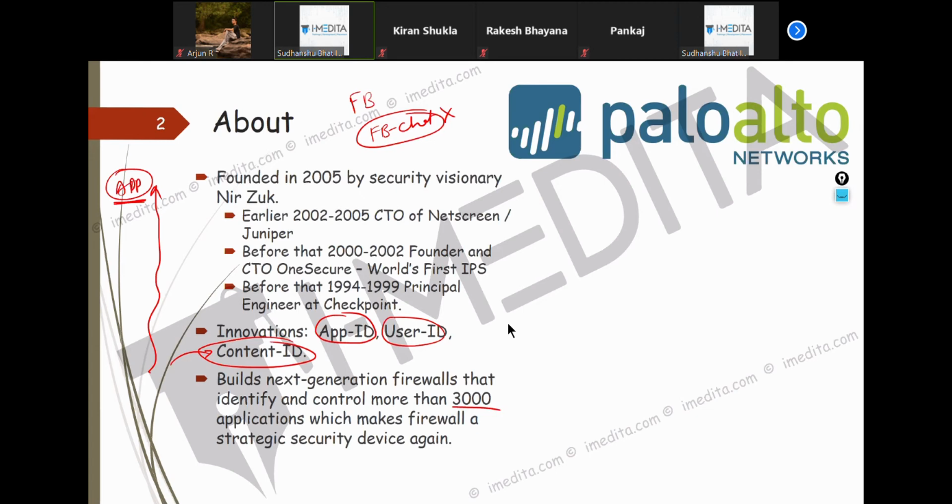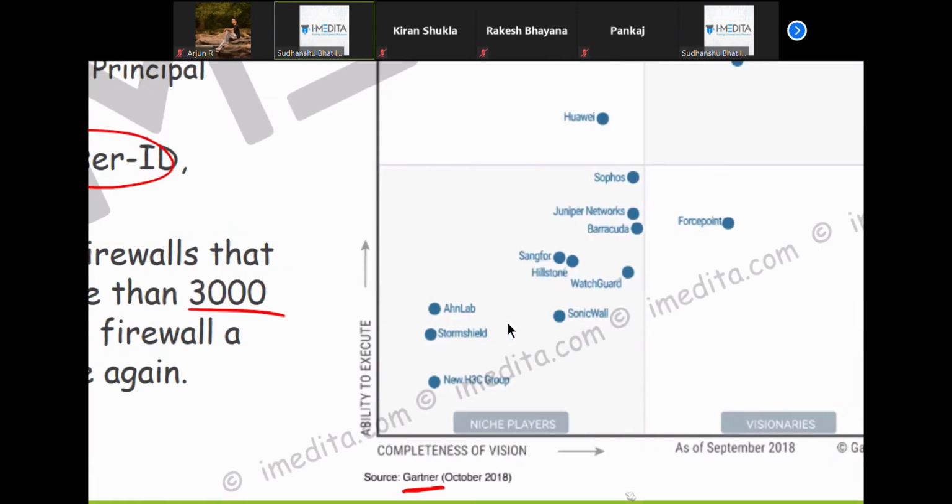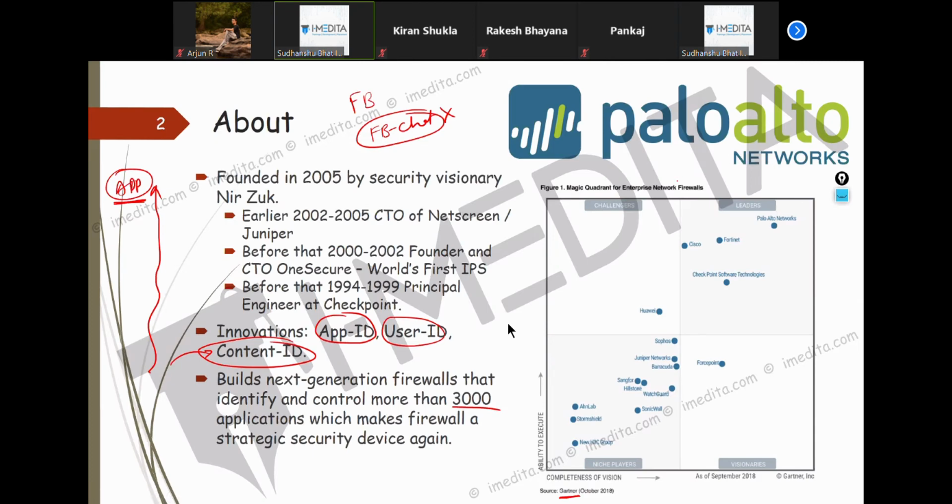Gartner is a company which does market surveys for various technical things. This is the Magic Quadrant for enterprise network firewalls. They do it for all different things, like meeting solutions, collaboration solutions, even server operating systems.